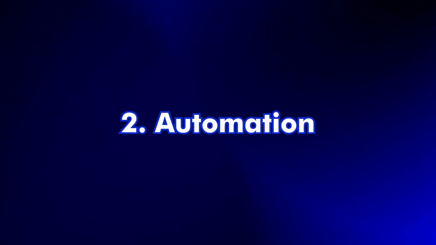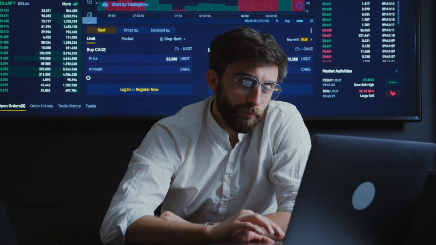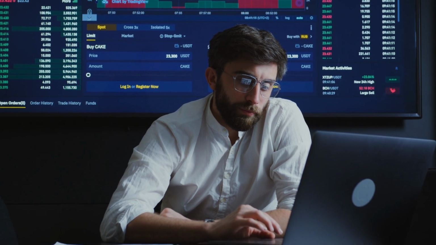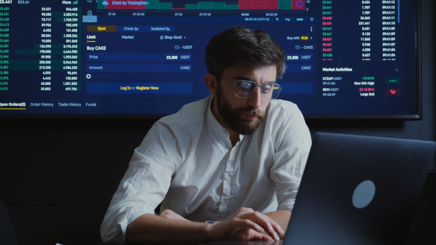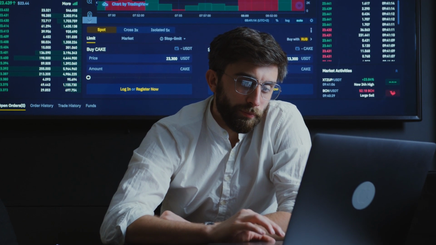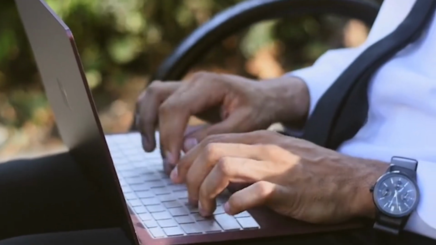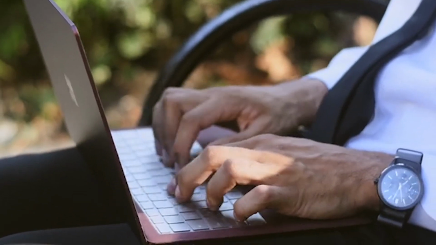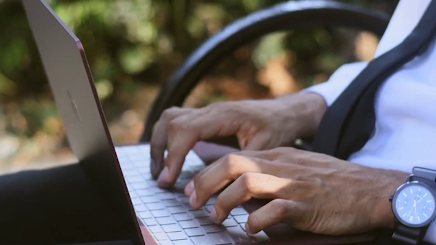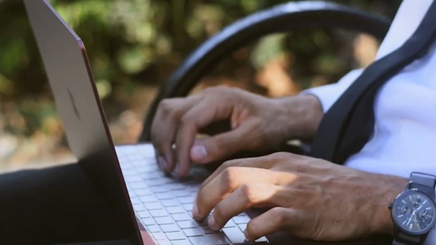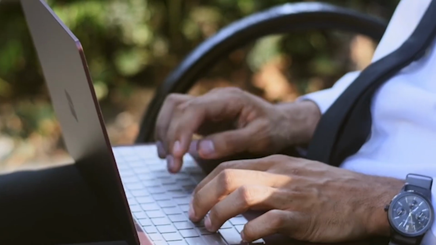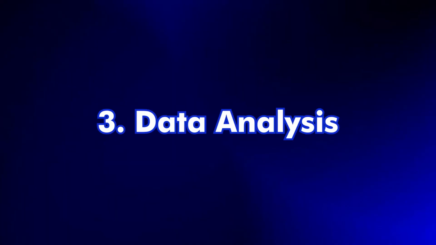When we're talking about automation, we're talking about using the computer to do some of those tasks that you normally do manually. For instance, if you are a marketer or a salesperson and part of your job involves sending almost the same email to maybe hundreds or thousands of people every day, instead of having to send those emails one after the other, you can just write a script using a programming language, and it's going to send all those emails without you having to do it one after the other. So that is automation.